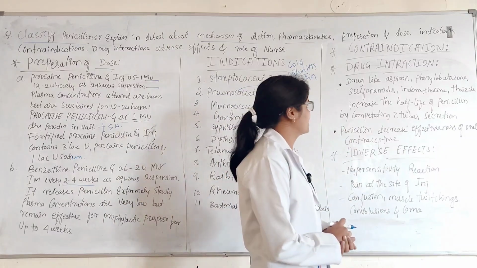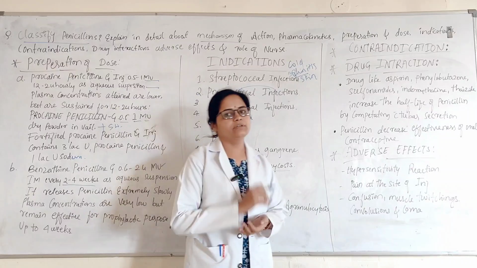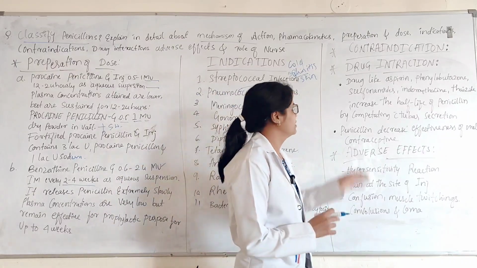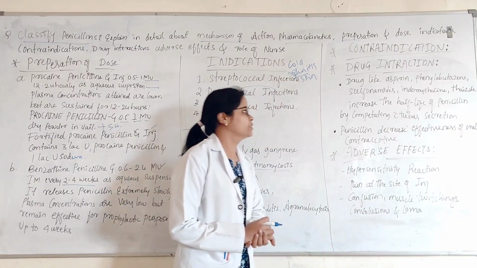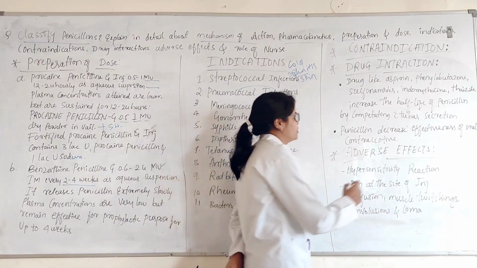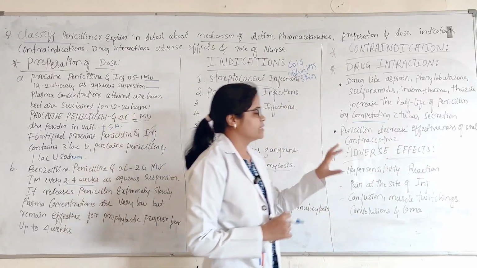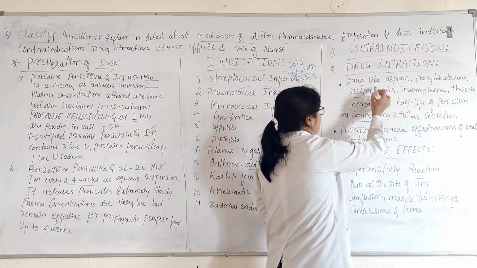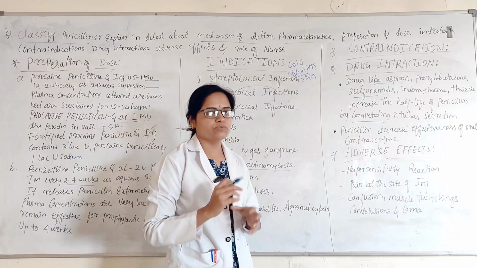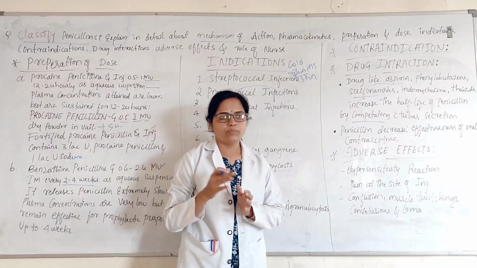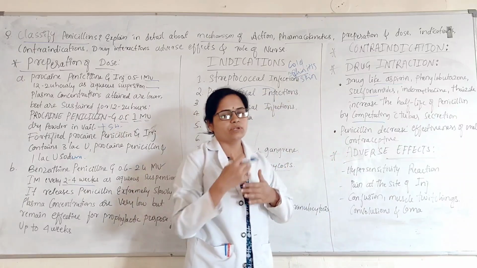Next we see the drug interactions, means when you administer these penicillin drugs, they can interact with other drugs, means combinations of drugs. Here drugs like aspirin, phenylbutazone, sulfonamides, indomethacin, and thiazides increase the half-life of the penicillin by competing with tubular secretion. And next, penicillin decreases the effectiveness of oral contraceptives. When the woman is taking oral contraceptives, we should not administer the penicillin, because